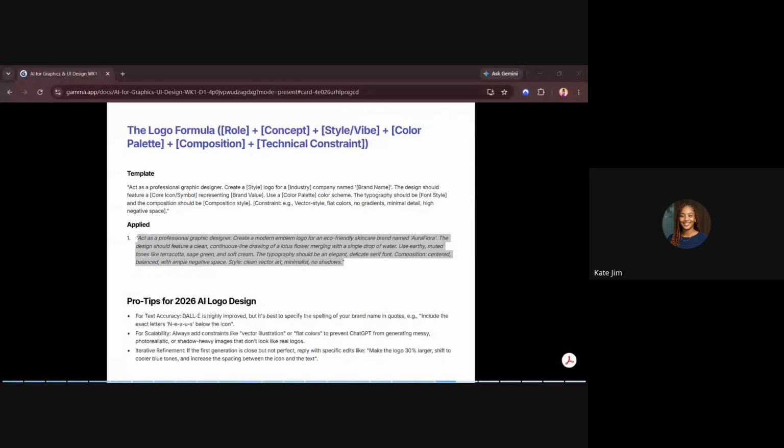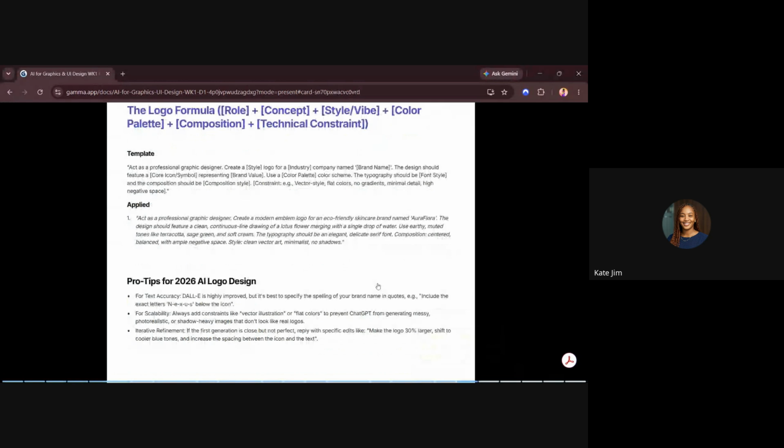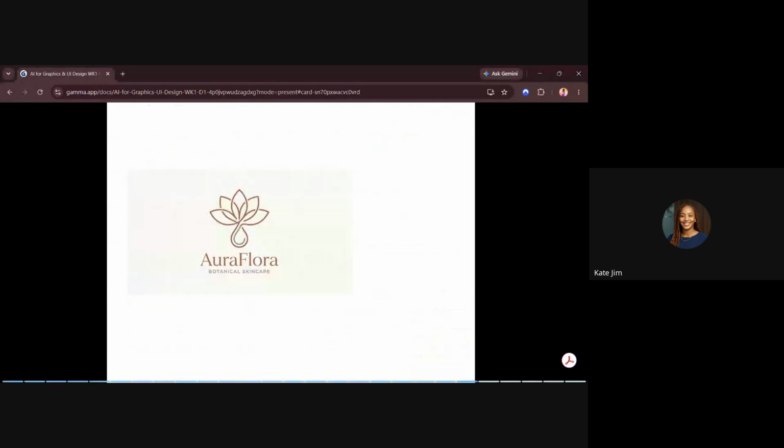So let's see, when I did this, what did he give me? I'll have to share this with you again. This is what he gave me. Can you see it? Didn't he give me what I asked for? I said it should look like a continuous line where it will merge with the drop of water. Can you see the drop of water? It's just so beautiful.